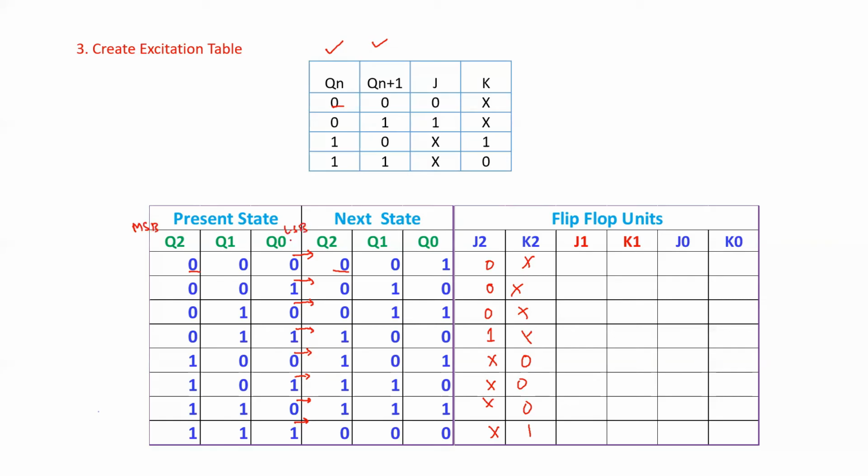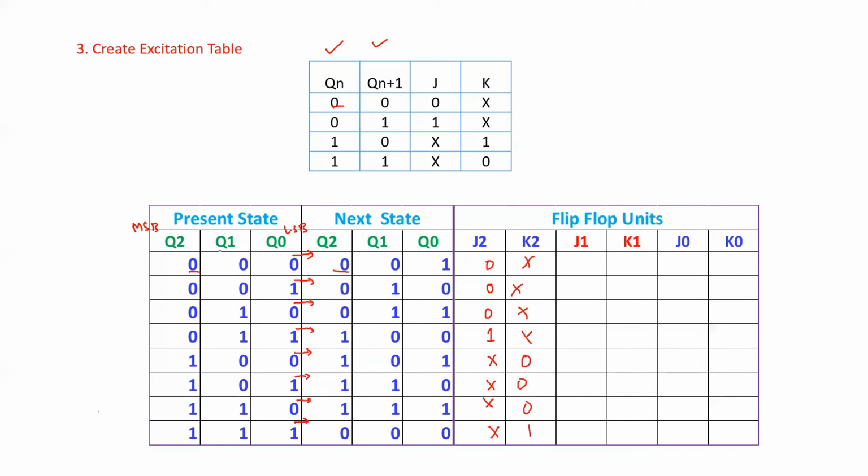So you should not disturb this fashion. Where you are keeping MSB and LSB, it is to be followed like this. If you intermix this, suppose here you are writing MSB and here LSB, then it will give you some sort of errors. So to keep things error free, you are supposed to keep MSBs and LSBs fixed for all the states at the same place. You are not supposed to change them.